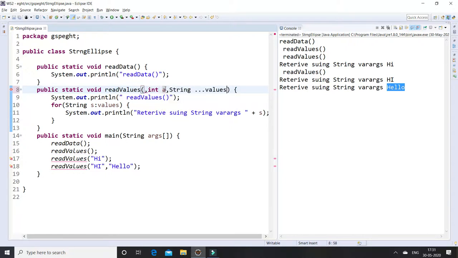If I define it last here, it will be accepted.